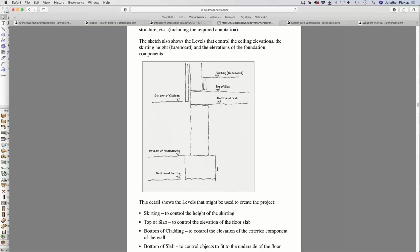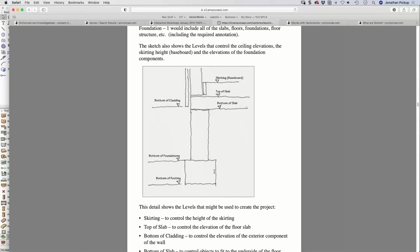But if we look at it in detail, we can start to use levels to control individual parts of our construction, individual parts of our slabs, walls, even. So in this case here, I tend to use a level sometimes on some projects, not all projects, but sometimes I use the bottom of the cladding as a level that will control the bottom edge of my cladding relative to that layer. And that becomes really useful because then I can start to say,